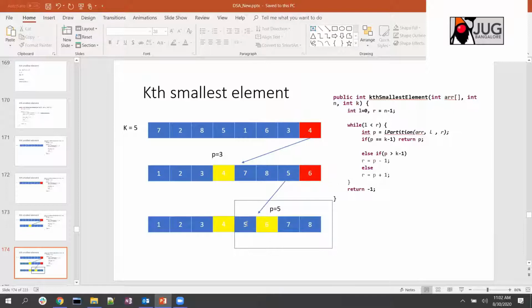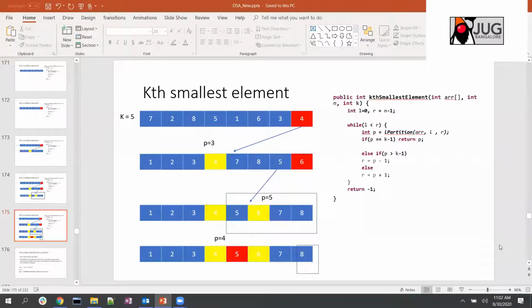So what happens here? You are saving time because you are not completely sorting. That is not the requirement. The requirement is that you need to return the kth smallest element. So basically it works out much better. If you tell the examiner that you can use sort and then return the k-1th element, he may not agree with that. He may look for a better solution, because sorting is not the idea here. Finding the k smallest element is the idea here. So that is the way you need to think.